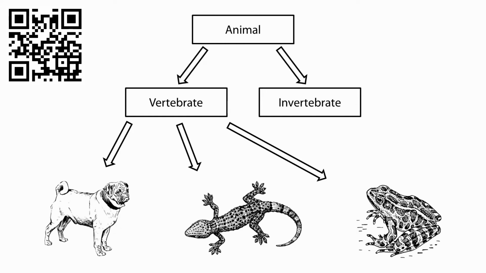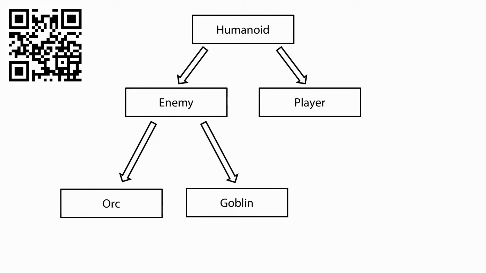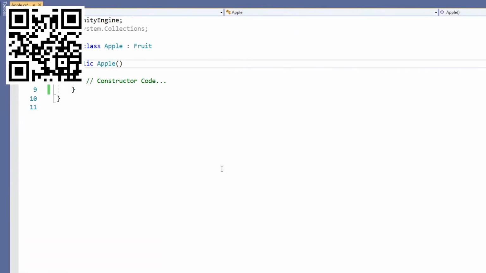The idea of inheritance can be very useful and applicable in game development. We might, for example, have a class called Humanoid. This class covers all of the things that humanoids should do in our game. We then have two child classes, Enemy and Player. These control the specifics of how players and enemies work in the game while already behaving like humanoids, because they've inherited all of the Humanoid class's members. We could then have two more child classes of Enemy, Orc and Goblin. These already behave like enemies, which in turn behave like humanoids. In this way, we have much less code to write to make orcs and goblins behave as we want them to, because we're reusing the code from Humanoid and Enemy.